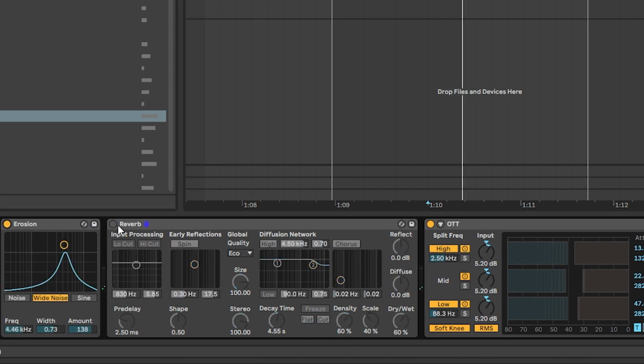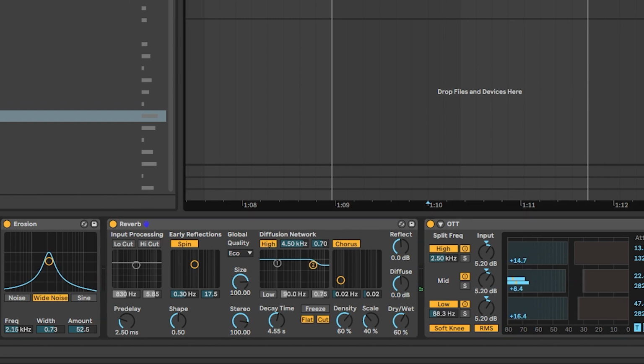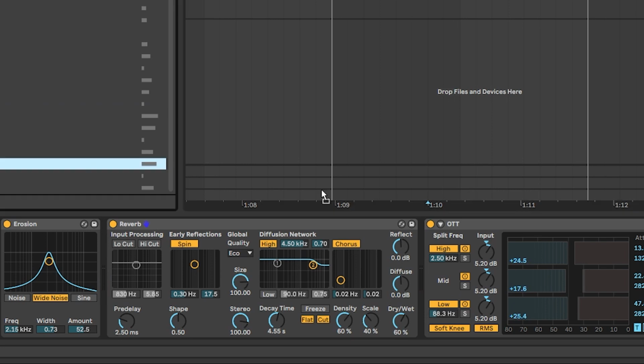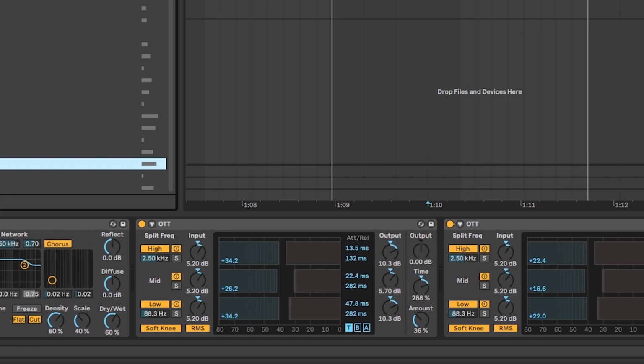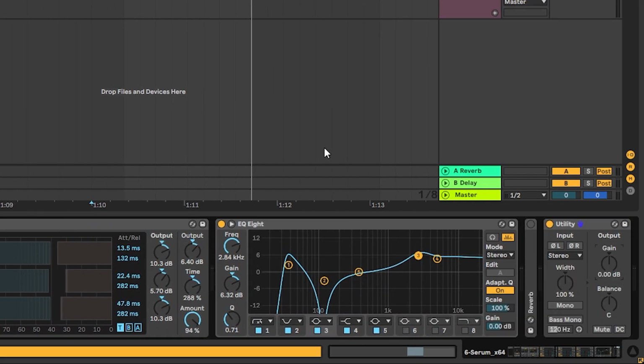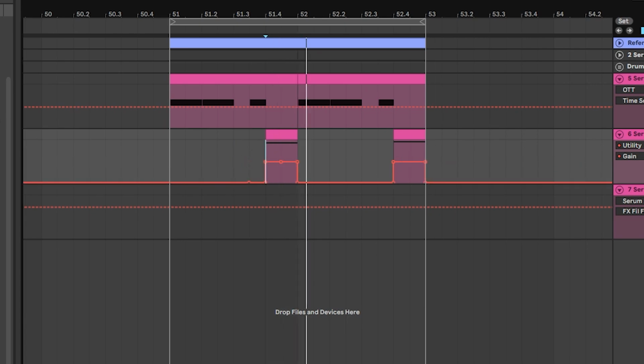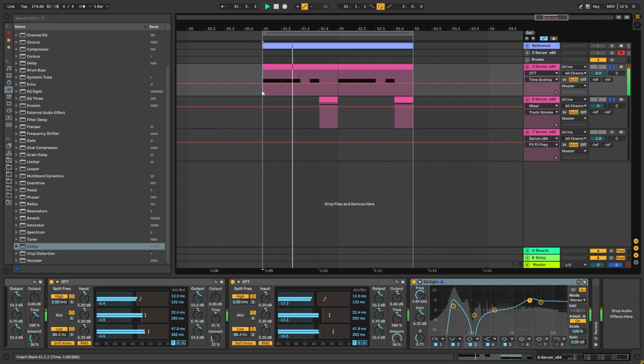Let's actually add the erosion, but fine tune it a little bit better. Then add the reverb. And now, to close the sound, we are going to add an utility at the end of the chain. There you go. And then we're going to bring the sound manually down, so it's only on the spots that we actually want it to be on. Like this. So now, if we play this with the other sound,